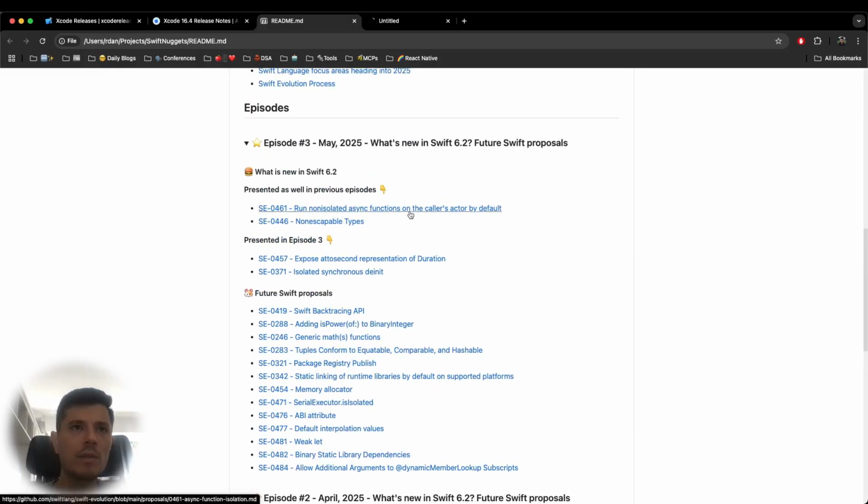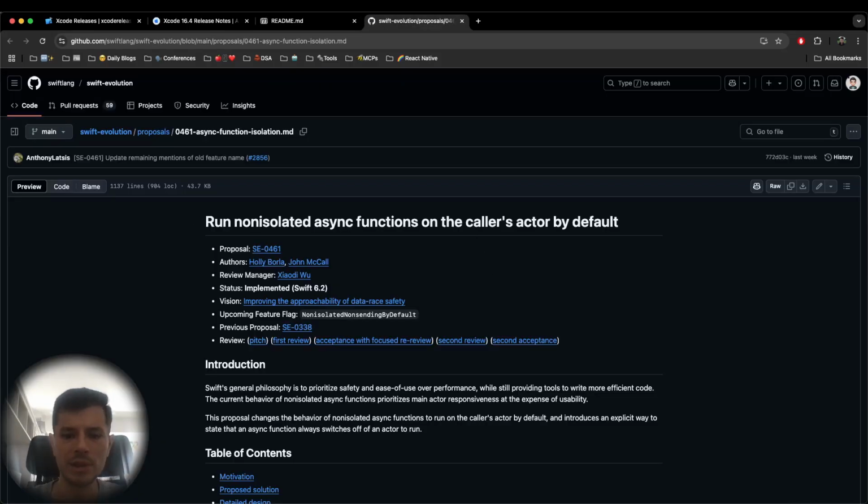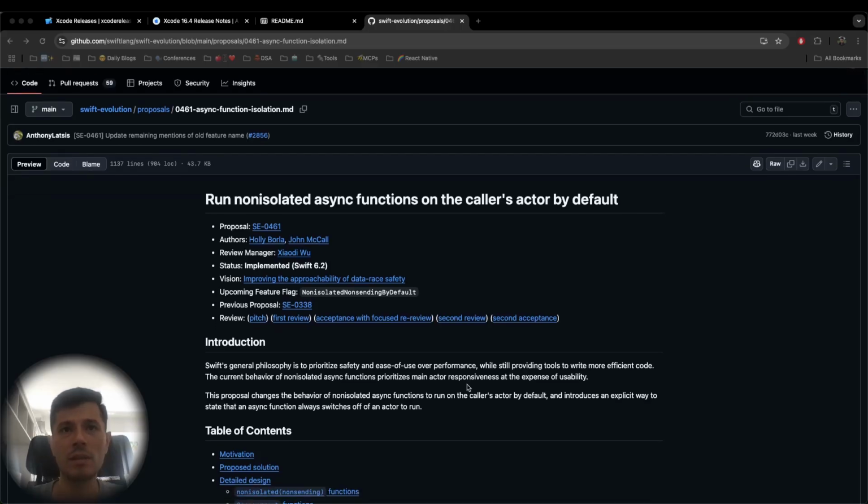The first one is Swift Evolution Proposal 461, which is about running nonisolated async functions on the caller's actor by default. This is a major usability inconsistency where nonisolated async functions always run on the global concurrent executor, unlike their synchronous counterparts that inherit the caller's isolation. And this behavior forced us developers to do some workarounds when working with non-Sendable types across actor boundaries, while the proposal changes the default so that